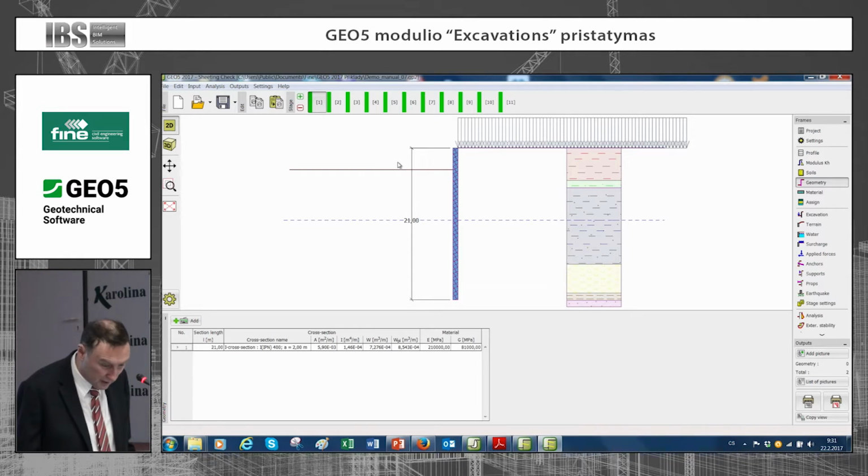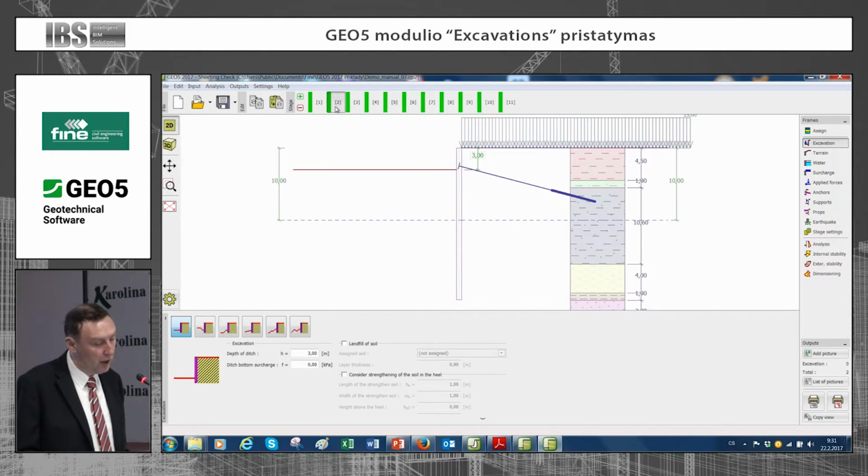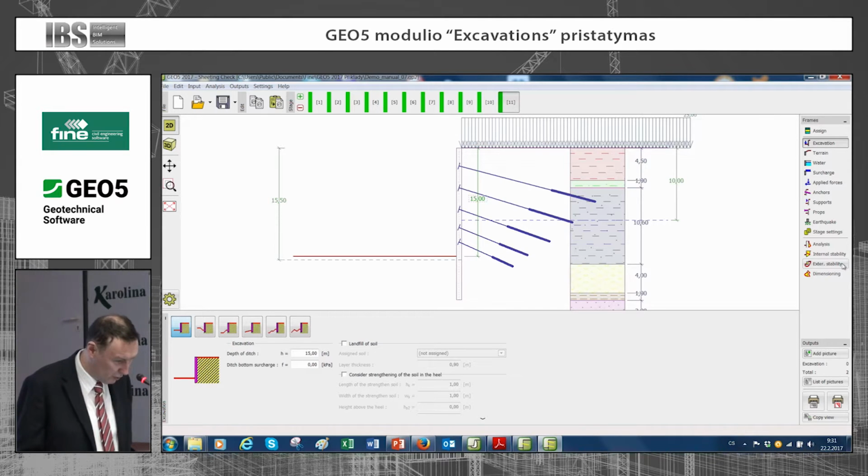So they start with some excavations in meters, and when you click on this example, you can see how it is modeled step by step. All the time they put a new anchor, do some excavation, put a new anchor. If you look at the results